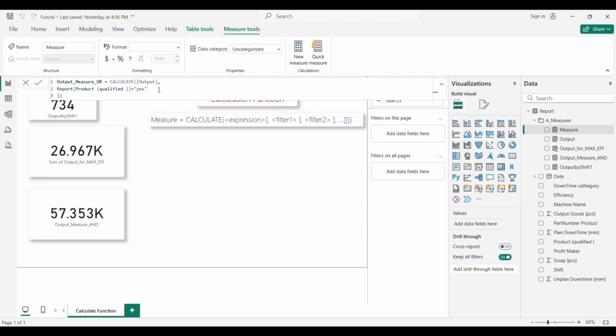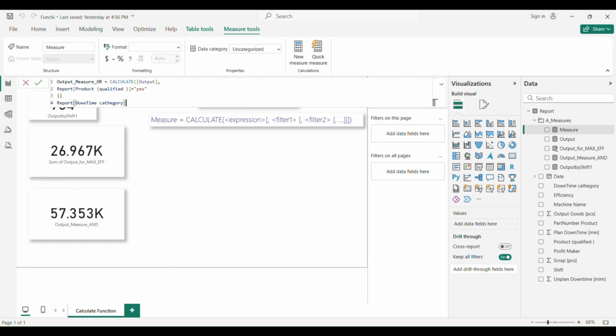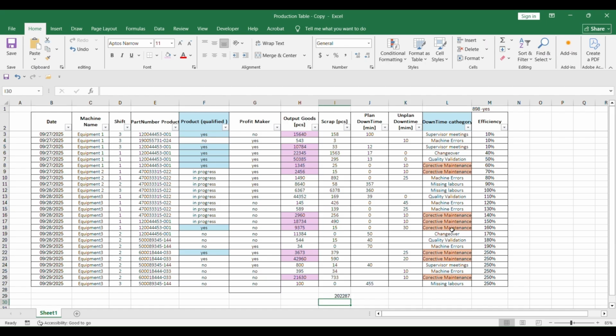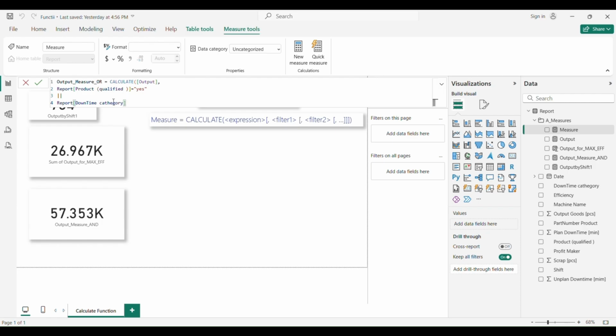So this means OR, shift enter. So I'm filtering for yes, or for downtime category, let's say report downtime category, and we want to filter for corrective maintenance. Close parenthesis, and hit enter.